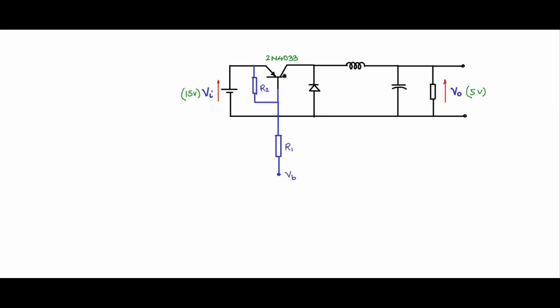This is a PNP transistor, easily available. Then a diode, you can use an FR304 diode, easily available in the common electronic shops. You can use a 1.5 millihenry inductor wound on a core. You have to design and wind it on a core, put a 100 microfarad capacitor, and then that's it.